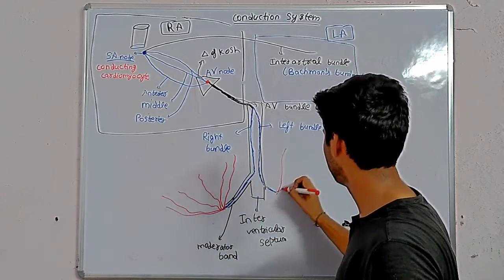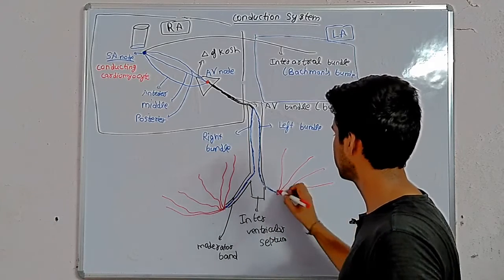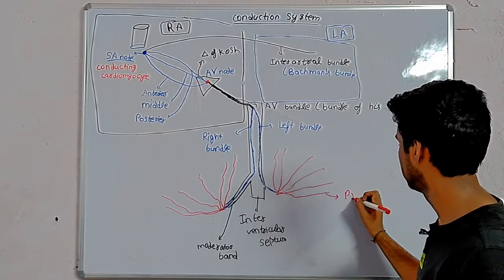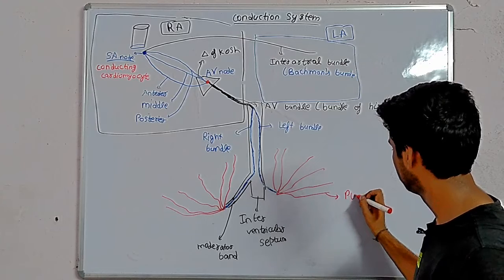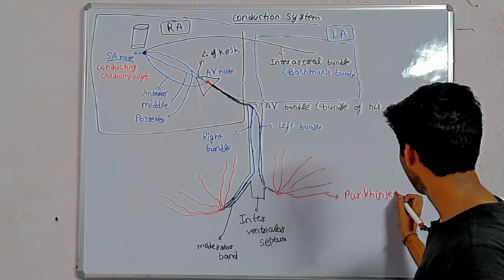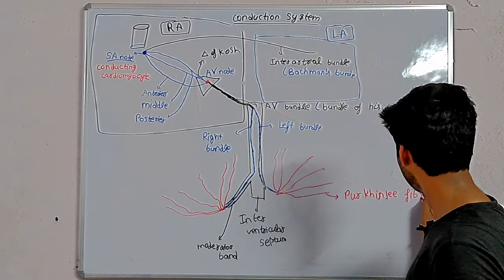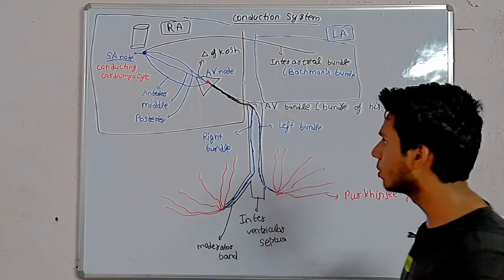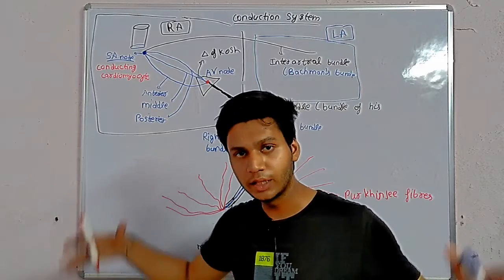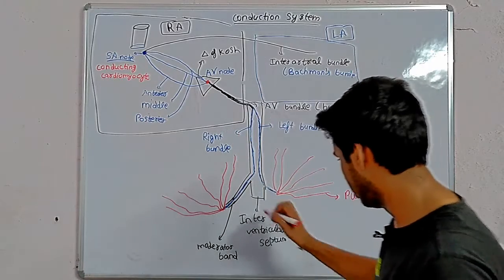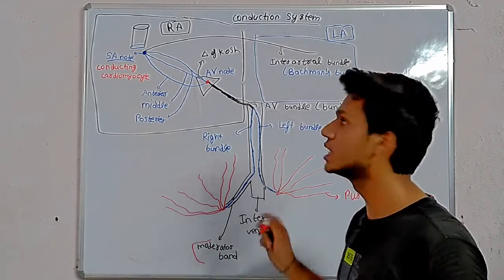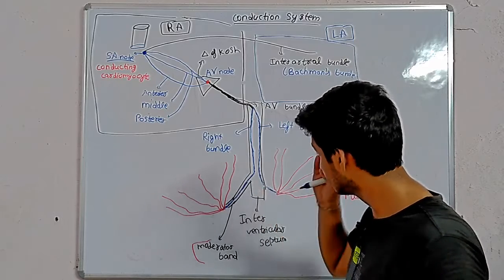Same on the left side, many branching fibers. These are called Purkinje fibers, which supply the whole muscle of the ventricle and then take on the role of contracting cardiomyocytes. Then it contracts the whole heart. The moderator band is important because it contains the right bundle. No moderator band is present in the left ventricle.